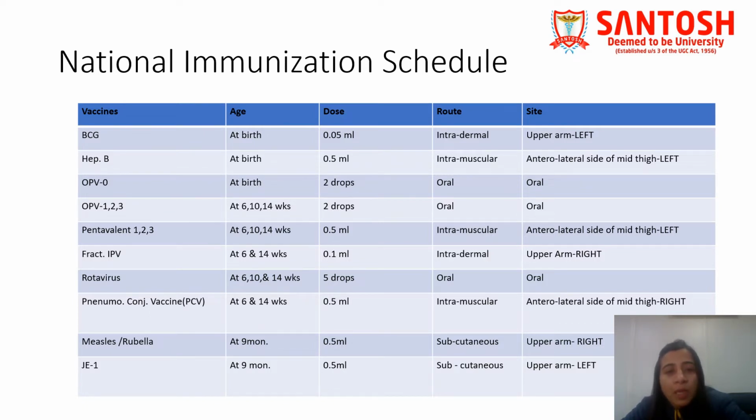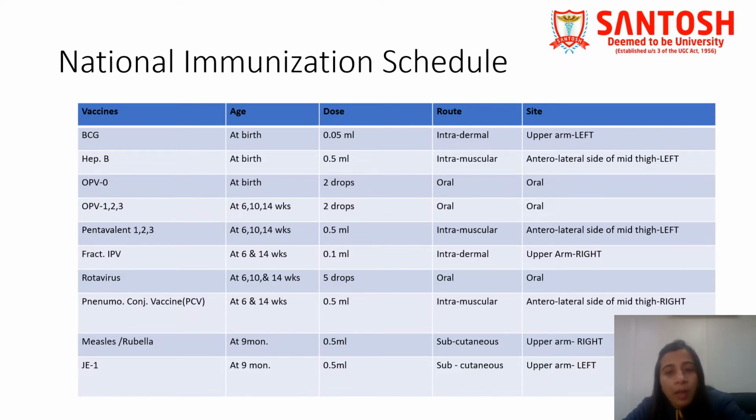Fractional IPV is given at 6 and 14 weeks, 0.1 ml intradermally in the right upper arm. Rotavirus is given orally, 5 drops at 6, 10 and 14 weeks respectively. PCV, that is pneumococcal conjugate vaccine, is given at 6 and 14 weeks, 0.5 ml intramuscularly in the right side of